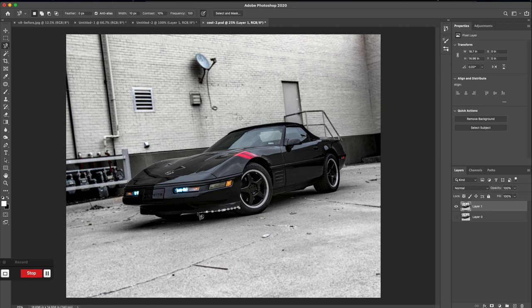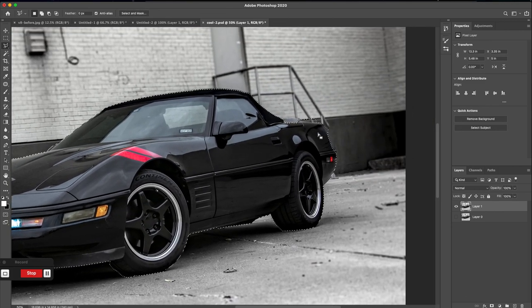There's multiple ways you can go about this. For this tutorial, I'm going to keep it simplistic and just use the magic wand. The more precise way is to use the pen tool. I'm not an expert at that yet, but if you really did want to get a precise edit, I'd recommend that. There are YouTube videos explaining how to do that. But for this tutorial, I'm just going to do it the simplest way, and we'll go from there. Alright, so if you have some parts that aren't perfect, just go back, clean it up,